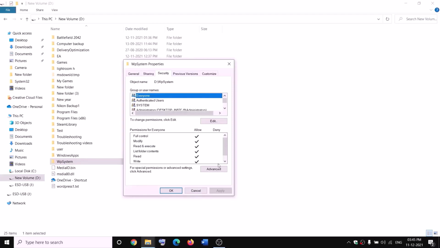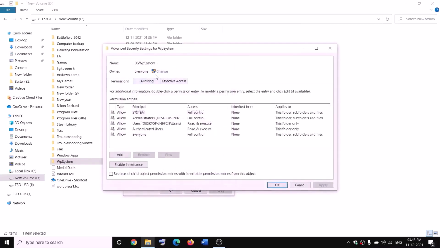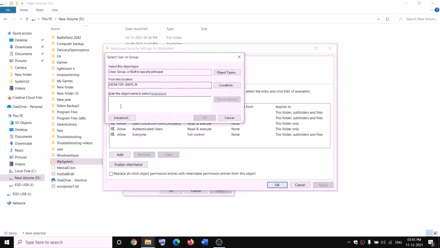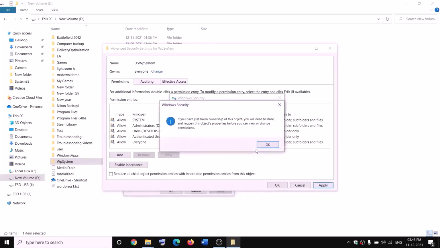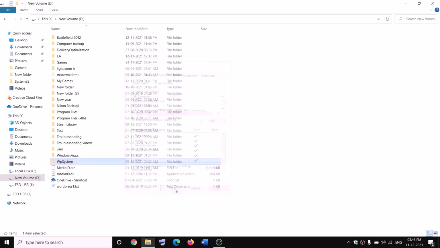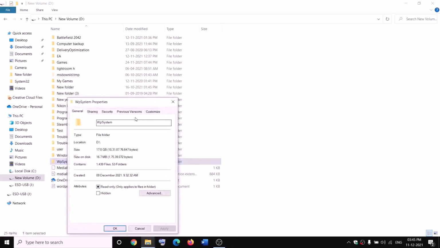So go to Security tab and then click on Advanced. Now click on Change over here and then type in Everyone over here, and then click on Check Names, then click on OK. Now put a check on the box which says replace owner on subcontainers and objects and then click on Apply. OK, OK, OK,